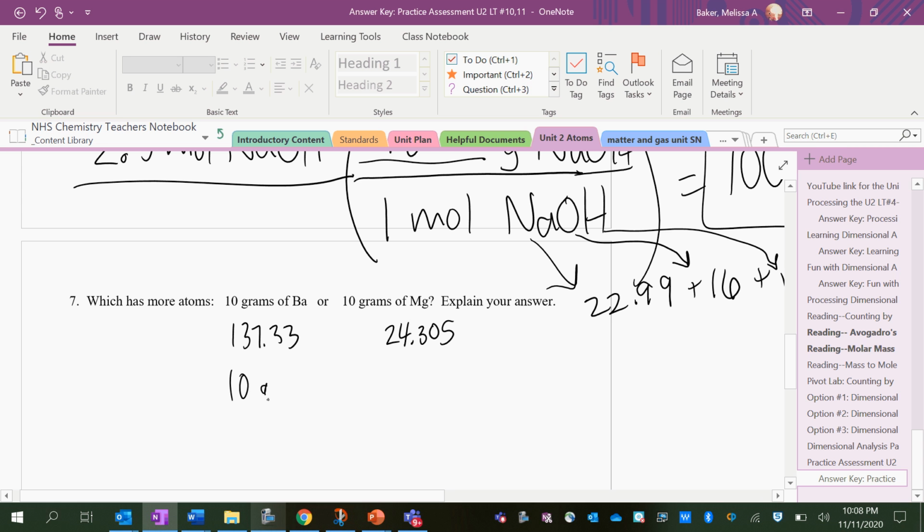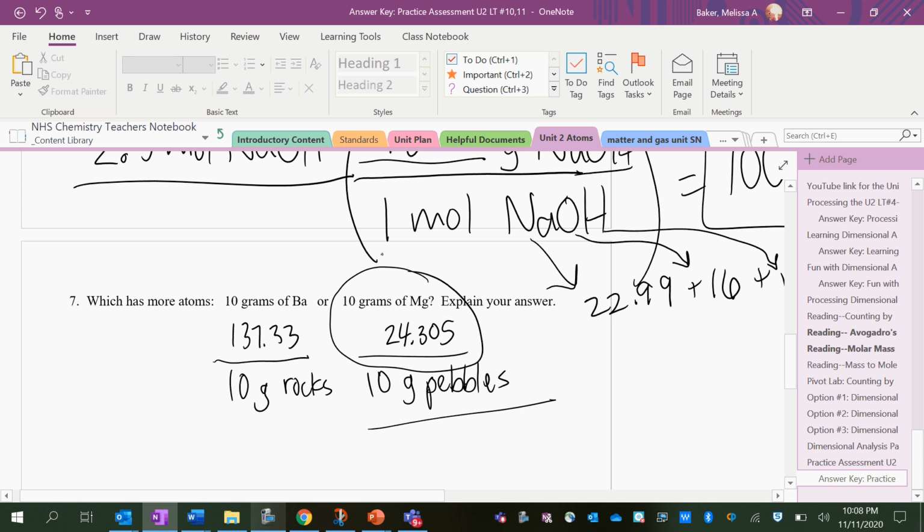If I had 10 grams of rocks and I had 10 grams of pebbles, like tiny rocks, which one has more pieces? We would say the pebbles because they're smaller, so it must take more of them to have the same mass. So with these two atoms, barium atoms are larger than magnesium, so that must mean that magnesium atoms,